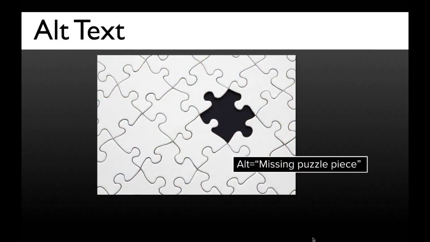Alt text. This is one that, if you go to any accessibility 101 course, you're often going to be exposed to: that when you have an image, it's essential to add alt text to that image, so that a student who uses assistive technology, students who are blind or low vision, will benefit. This is going to come in handy a lot; alt text is going to be required for those students. However,